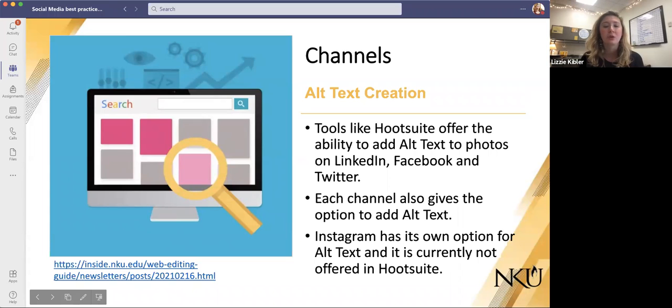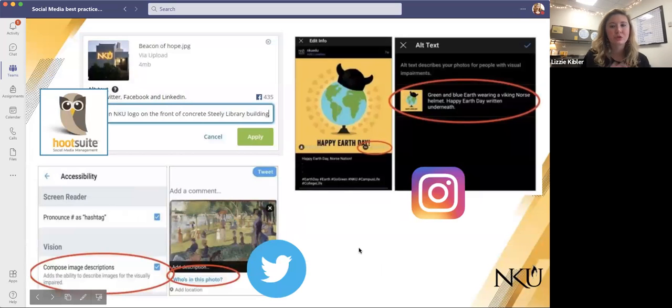So I have to go into Instagram once it's posted and then edit through there, and I have some images on the next slide that show you how it's done. As you can see up in the top left, that's where Hootsuite will prompt you for Twitter, Facebook, and LinkedIn. For Instagram, you just go to edit, and at the bottom, you'll see alt text. You want to be as descriptive as you can.